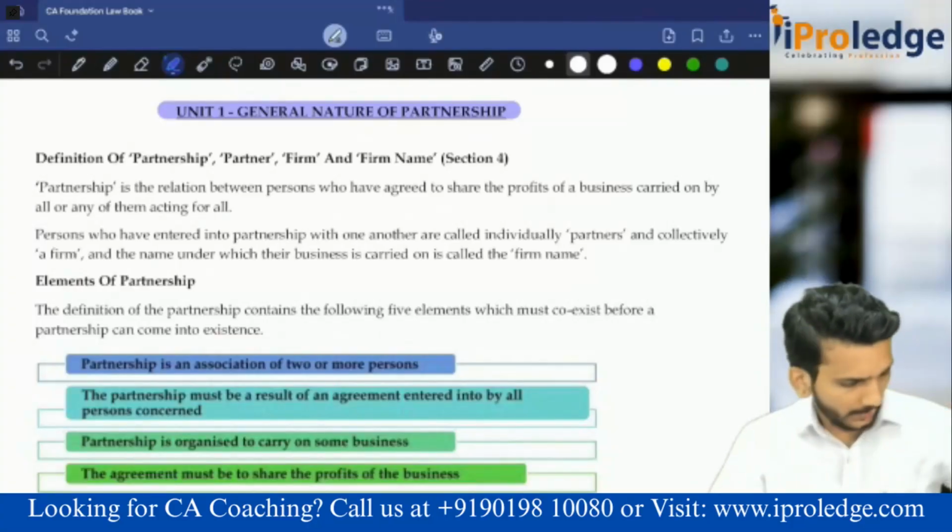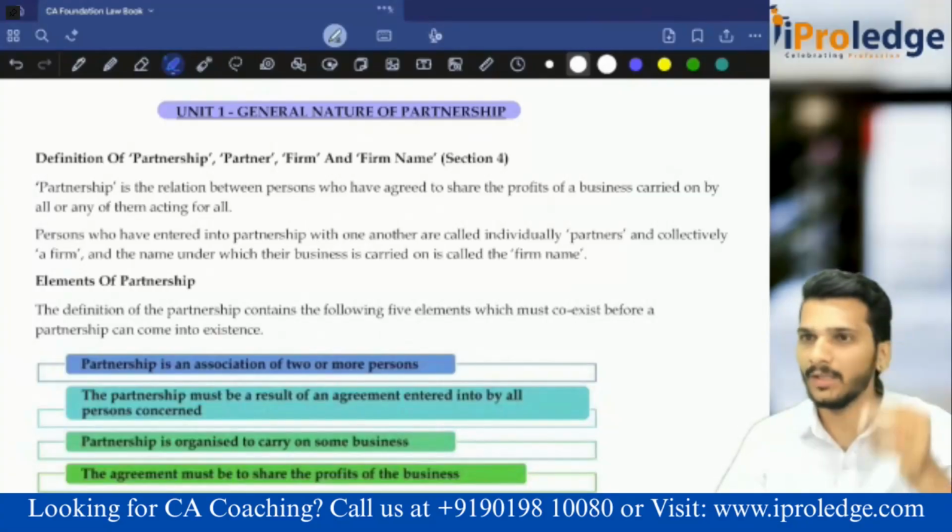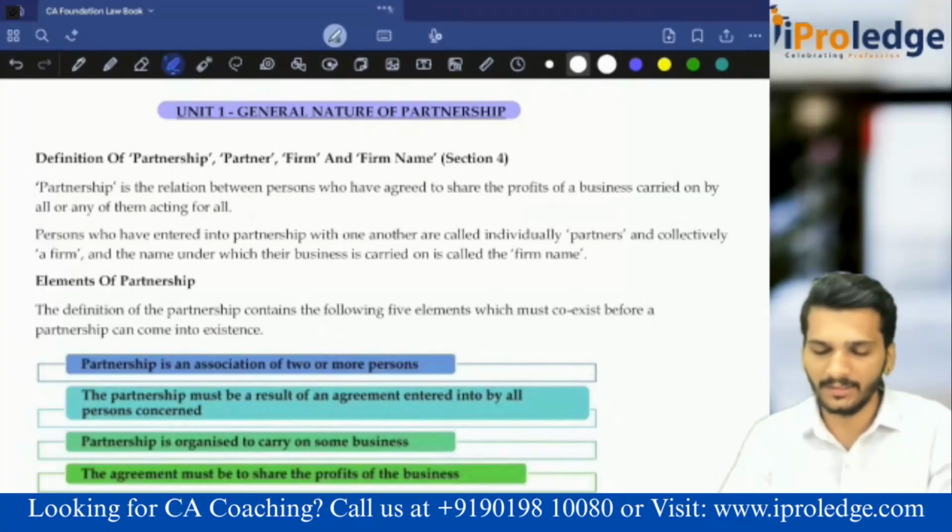How does the partnership come into existence? Who will run the partnership? What are the types of partnership? All those things are discussed here. Partnership is nothing but